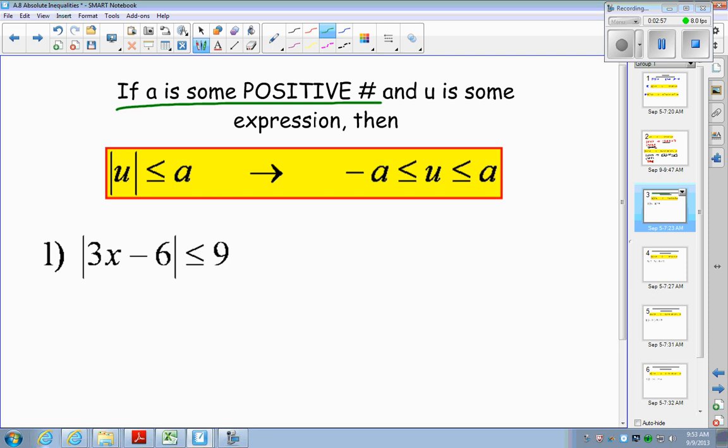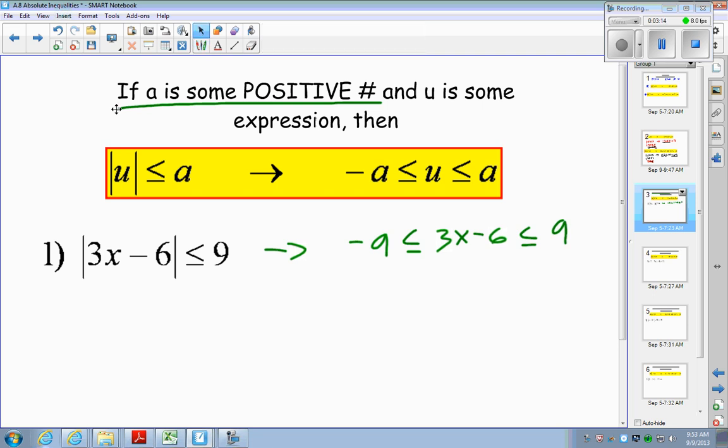With this rule, we can restate this question as, okay, and so we've worked with problems like this before. All I have to do now is break it down into two parts. So we'll have negative 9 is less than or equal to, and we'll have